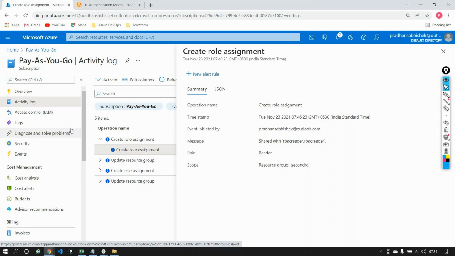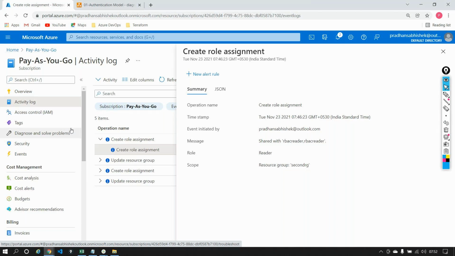So I have one question. Suppose for one resource group, we have one user to which we have given a contributor role, and for the same resource group, we again give that same user a reader role, which will be considered? So the contributor will be considered.